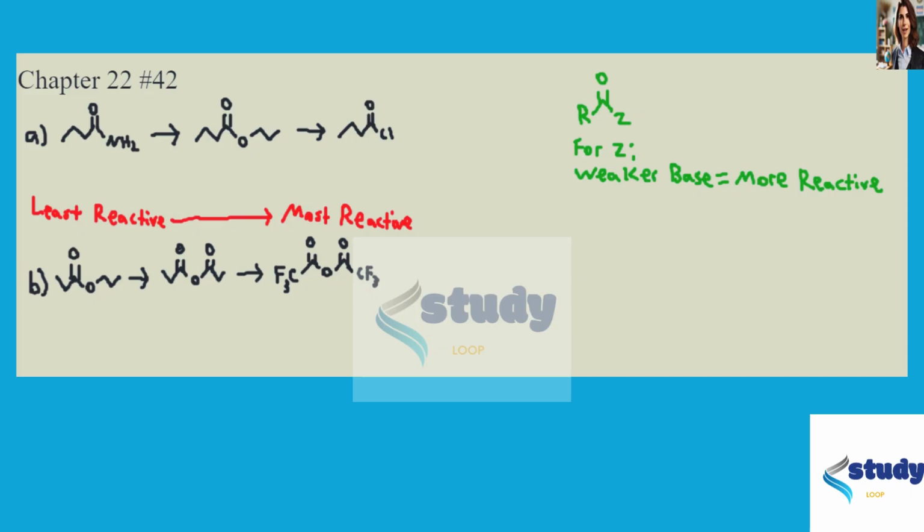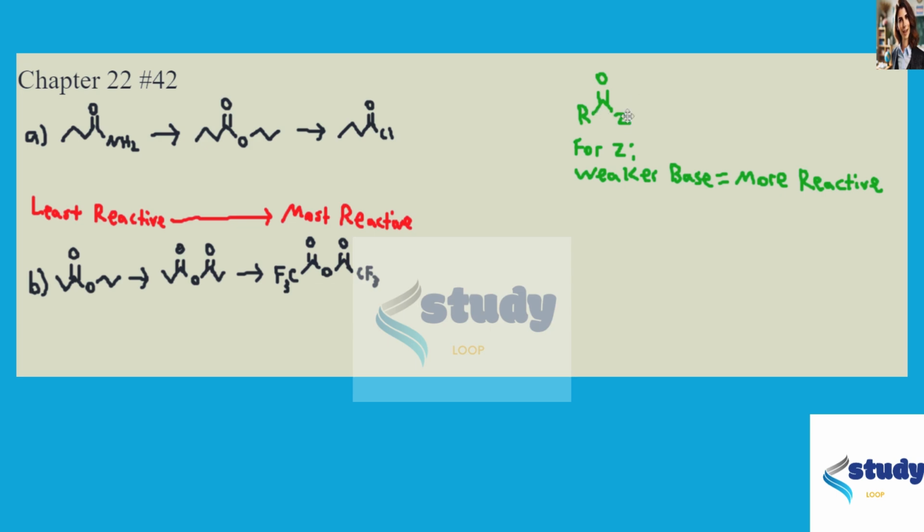This is the answer to Chapter 22, problem number 42 from the Smith Organic Chemistry textbook. In this problem, we're asked to rank two series of compounds from least reactive to most reactive for nucleophilic substitution reactions. And so remember, as I've drawn here on the right in green,